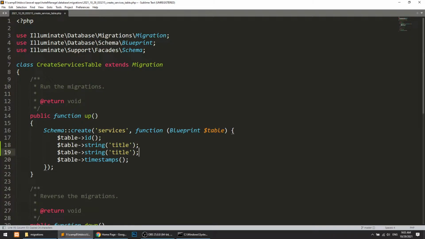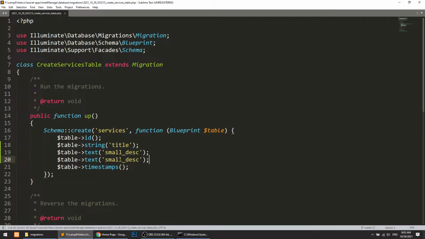Then we have text, which is the small description, and then the long description, or you can simply say detailed description.